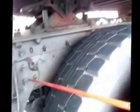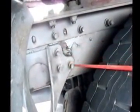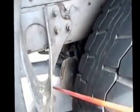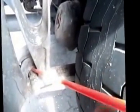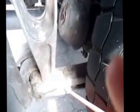Since I'm right here, I'm going to go ahead and talk about my front spring mount. Front spring mount has no missing bolts. It's not cracked or broken or bent. I'm going to talk about my spring and my torque spring. Make sure there's no missing bolts. Bushings in place. It's straight or properly aligned. Okay. Since I can't reach back in here, I'm going to kind of stick my stick back here, and I'm going to make sure my U-bolts